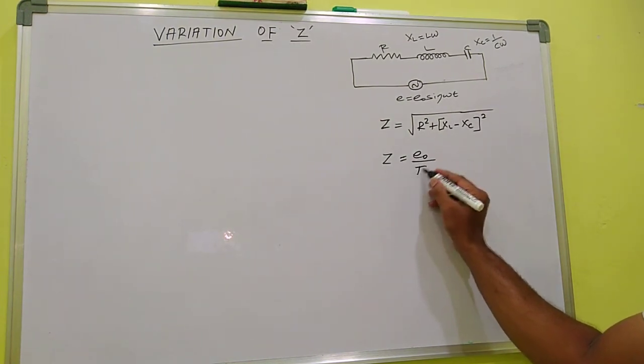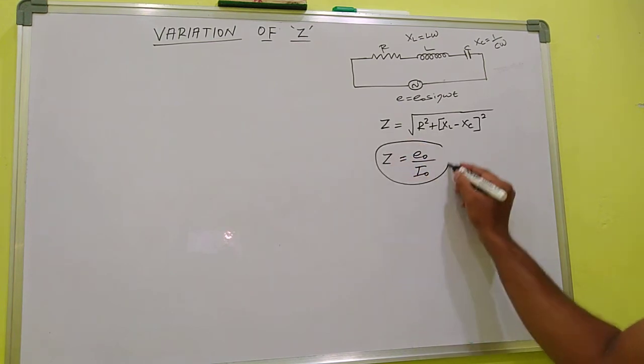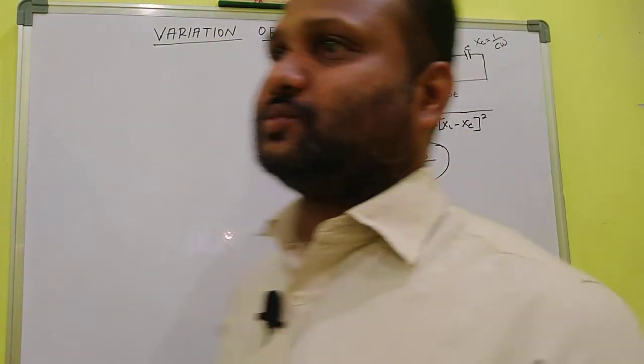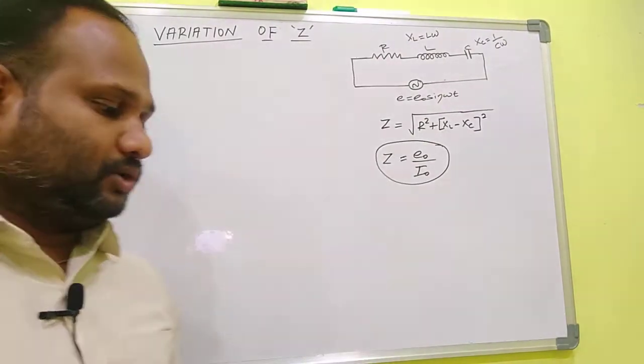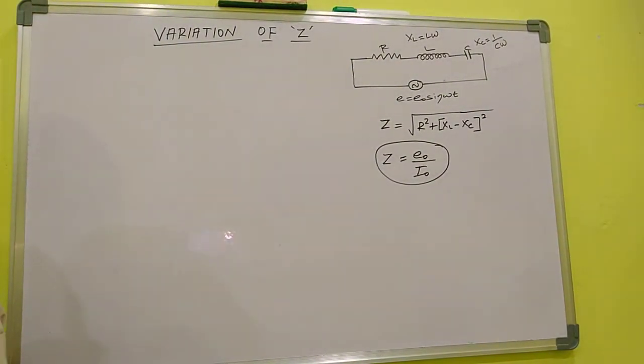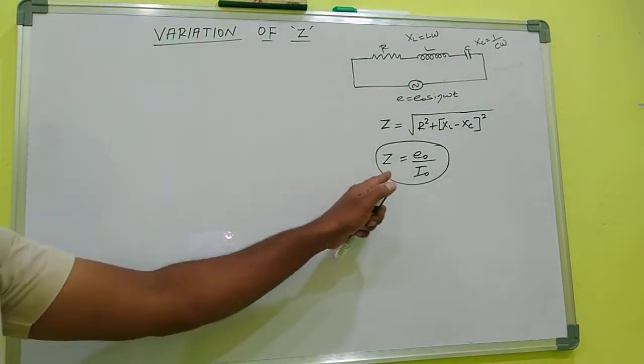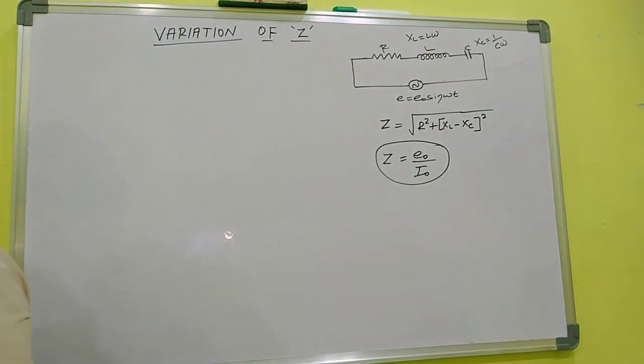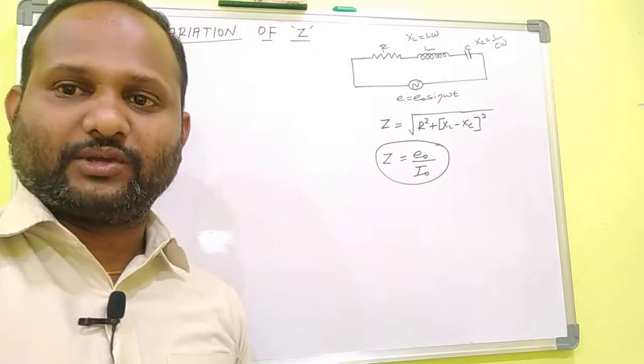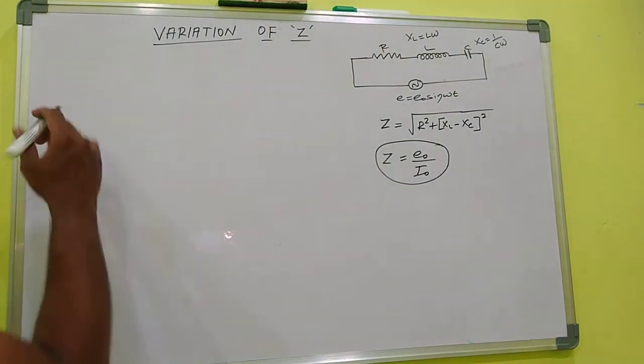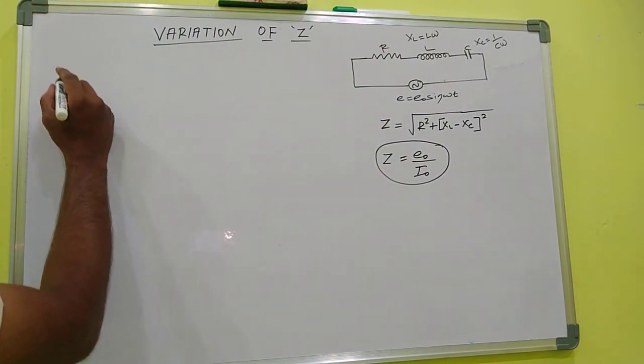So E0 by I0. Yes, these are the two expressions which are used to find the value of impedance. Z is equal to E0 by I0, Z equal to root of R square plus XL minus XC the whole square. Okay. Now we will discuss first,